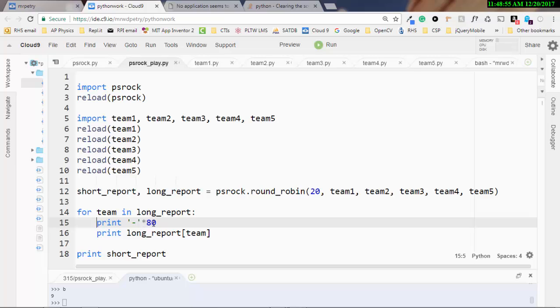Line 15, it's going to print 80 hashes or 80 dashes, and then because this is an array and this is the current value in that array, it's going to use that as an index to print the report for that team. And then in the end, it's going to print some sort of summary, some sort of short report. So if I ran this,